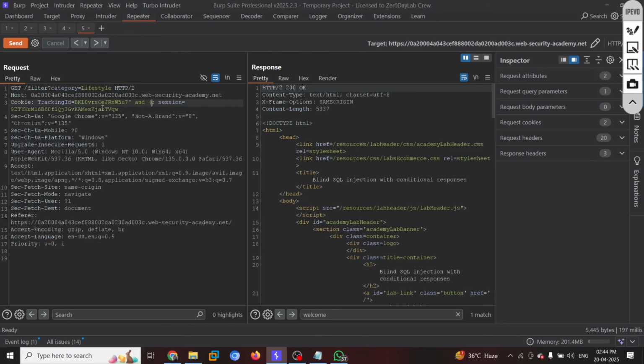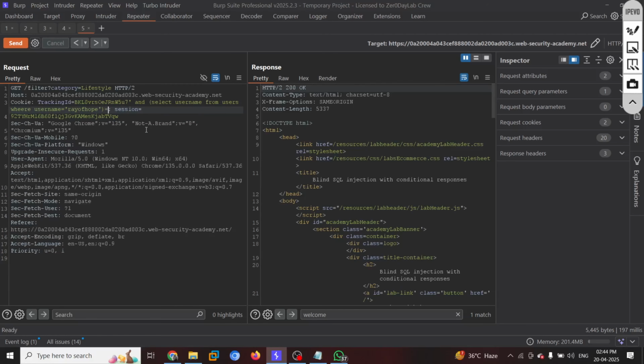So what I'm gonna do, I'll be using a basic command. Now I need to identify the username, and for that I'll be using AND SELECT username FROM users WHERE username equals Rayofhope, hyphen. It's strong, right? Okay, now send it. We don't have the welcome message, which confirms that the application may not have a user Rayofhope